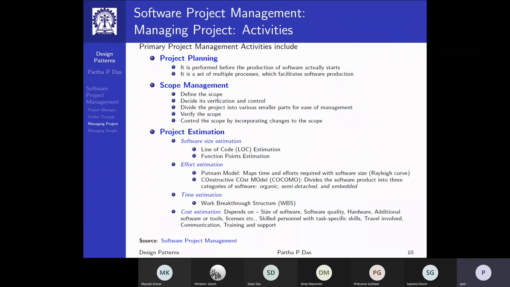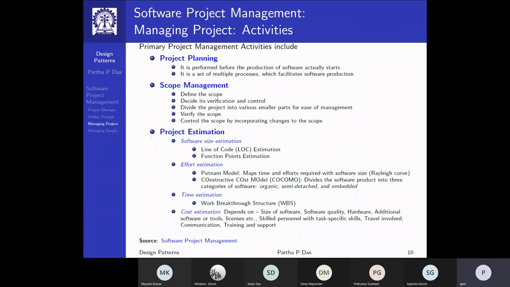In terms of more detailed activities, naturally, the project manager has to do the planning, has to manage the scope of deliverables in terms of what all items it will involve, what divisions are possible, and how to control that. Another big factor that the project manager has to deal with is often estimation, because you are always talking about the future.